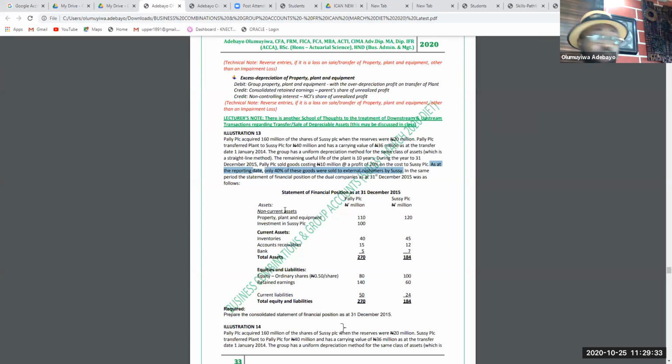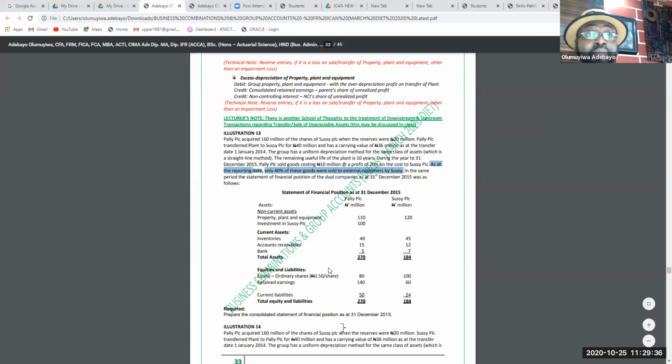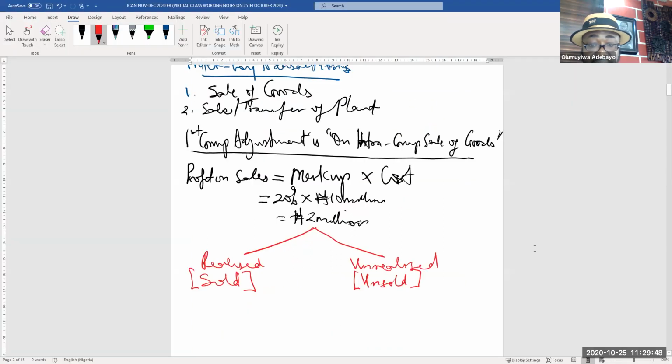Okay, that means we'll go back to this question now. The main question says, only 40% of these goods were sold to external customers. Therefore, we analyze it as thus. If 40% were sold, it means 40% is realized. The portion unrealized is the balance, which is what? 60%. Which then means that my concern is that these 2 million